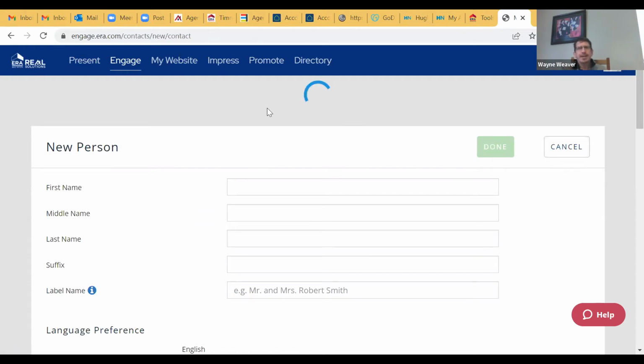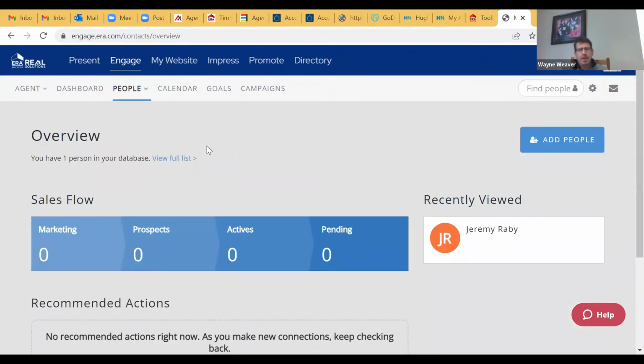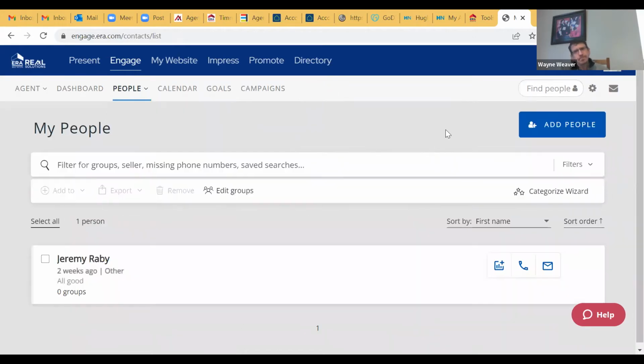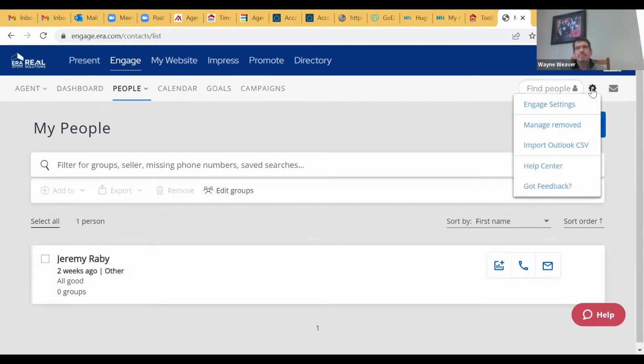So I'm going to go back and show you how to import. I'm just going to show you where it is and then talk about it. But I need to be at the My People page. So if I go to the My People page and come over here to this little settings gear, and I click this, the menu's expanded because I am on the My People page, and you will see